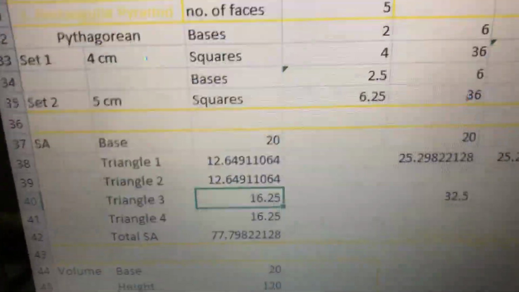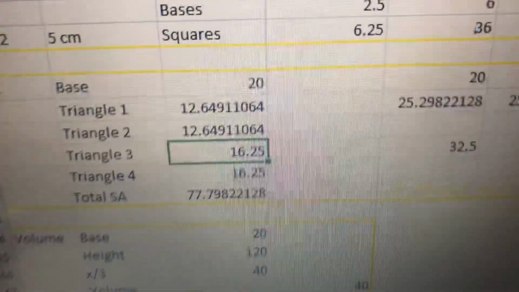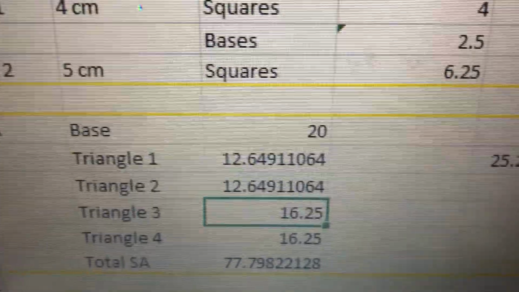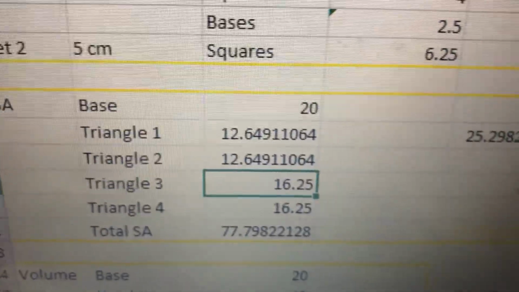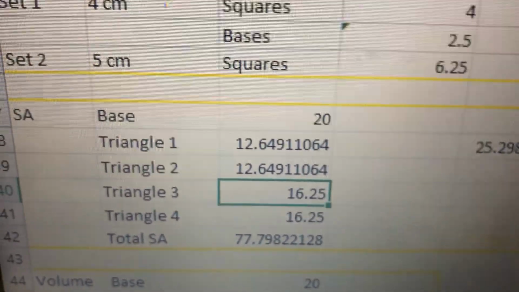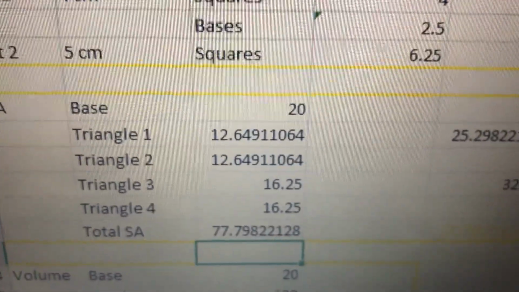Base times height divided by 2. The base of 5 centimeters times the slant height of 6.5 divided by 2, multiplied by 2. Actually, you don't need to divide by 2 and multiply by 2 kasi po they cross out na with each other. Tapos sinam ko lahat, we summed everything, we should get a total surface area